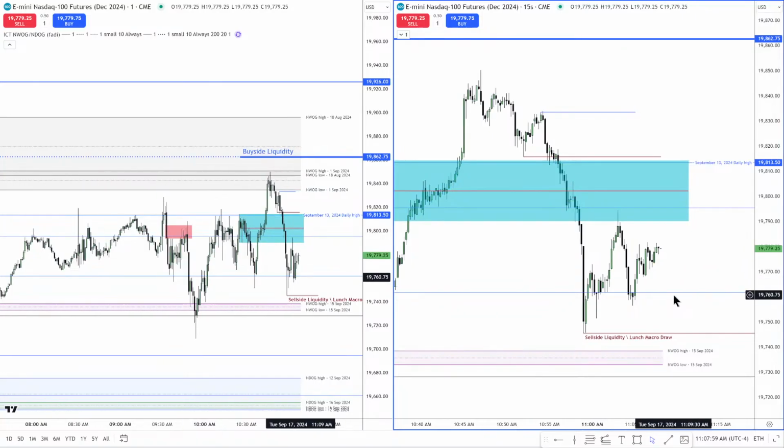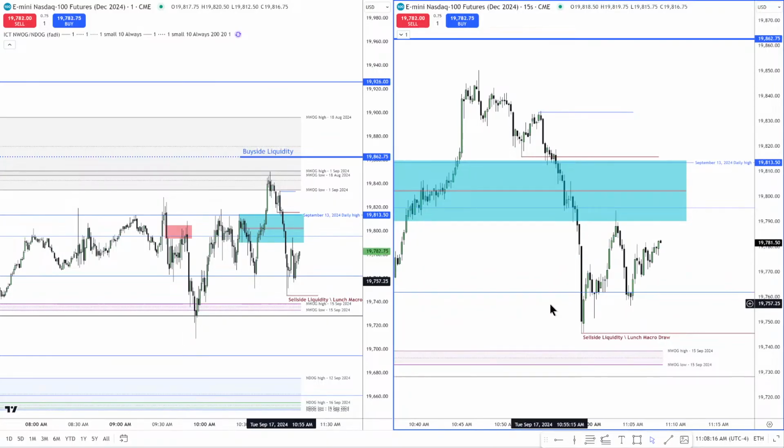How did I know that? Well, it's because I think that this was too easy, too shallow. And I think that either they're going to send it higher or they're going to take it right above this high anyway before it goes below these relative equal lows. So we're in between that, I can justify both sides. And if I can do that, it's not high probability. So it's giving me the ability to show you, Caleb, that just because it looks like it's a fair value gap,